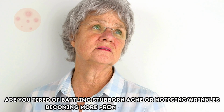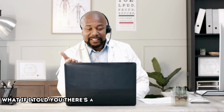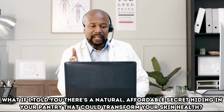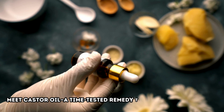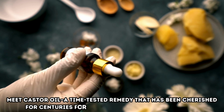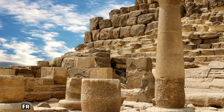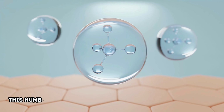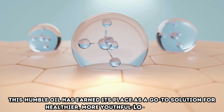Are you tired of battling stubborn acne or noticing wrinkles becoming more pronounced each day? What if I told you there's a natural, affordable secret hiding in your pantry that could transform your skin health? Meet castor oil, a time-tested remedy that has been cherished for centuries for its incredible skincare benefits. From ancient Egypt to modern holistic practices, this humble oil has earned its place as a go-to solution for healthier,